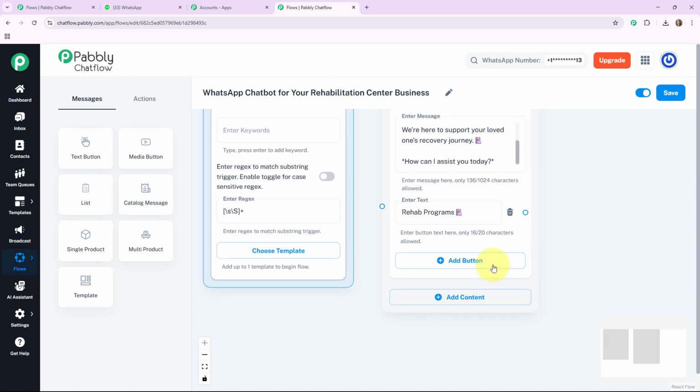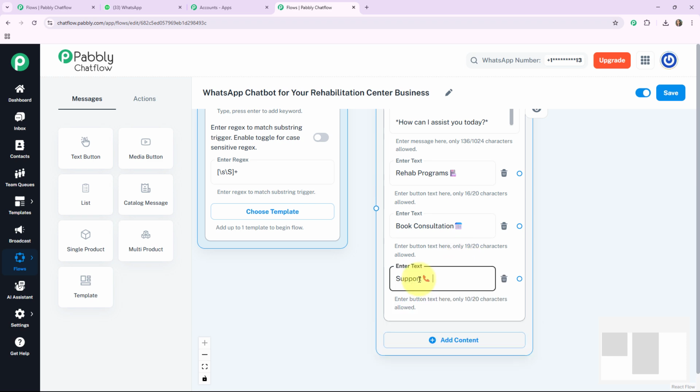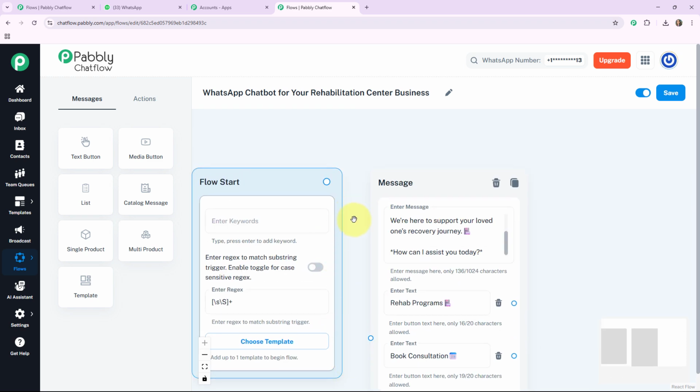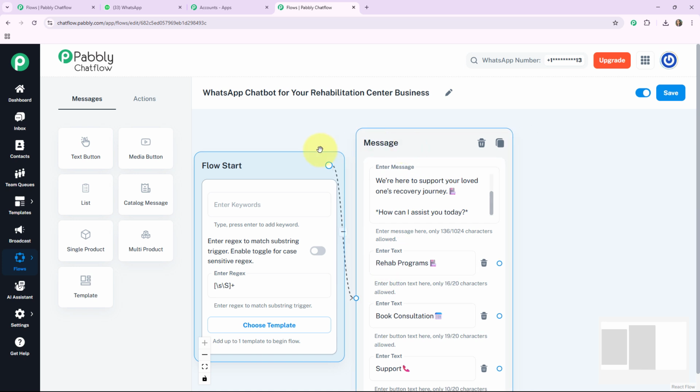The second button I'll write is book consultation. And the third button I'll write as support. Now I'll connect the starting point of my flow to the welcome message I wrote for my patient. By clicking on this circle, drag a line and connect this line to this circle,